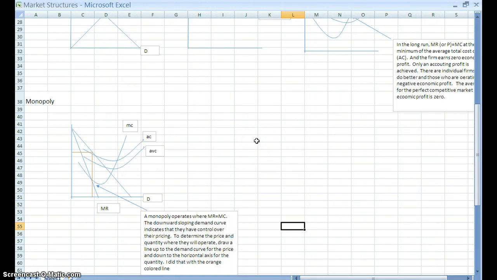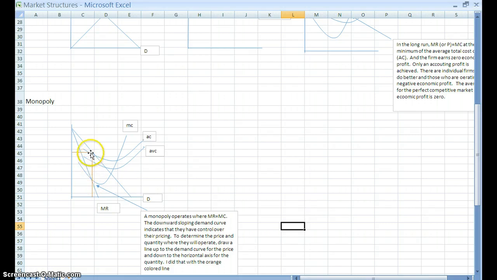So where does marginal revenue equal marginal cost? Because that is where profits will be maximized. Well, here's the marginal revenue curve. We talked about this in an earlier workshop: if you have the demand curve, halfway over here is where the marginal revenue curve intersects. So where the marginal revenue curve intersects marginal cost, which is this point right here, if we continue to draw